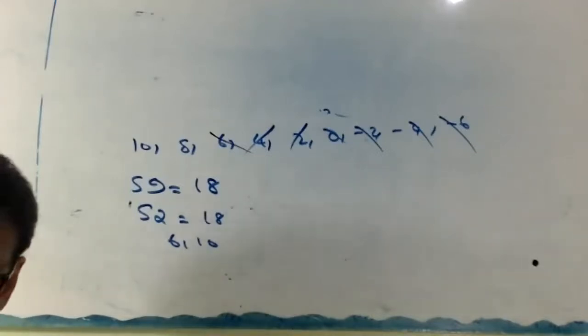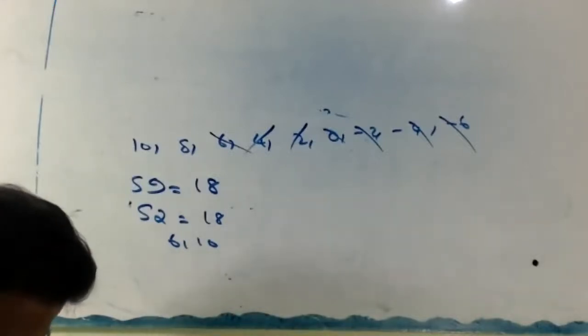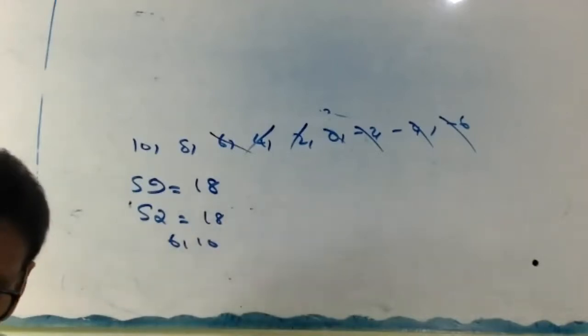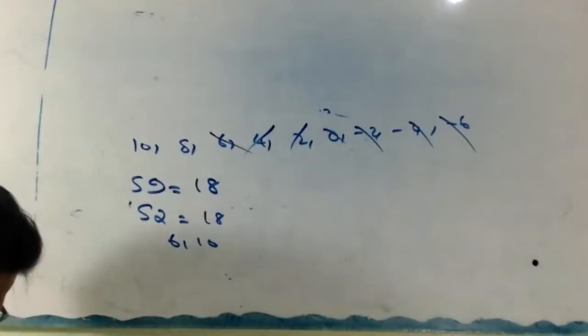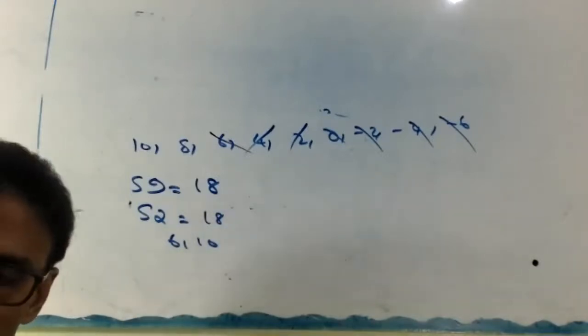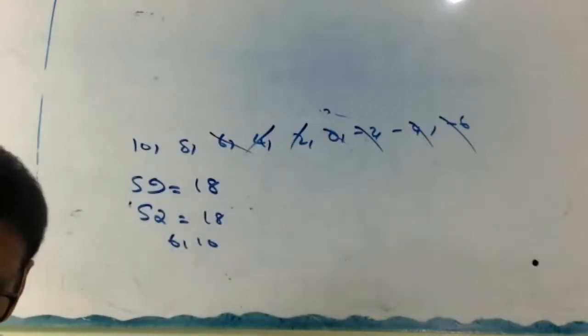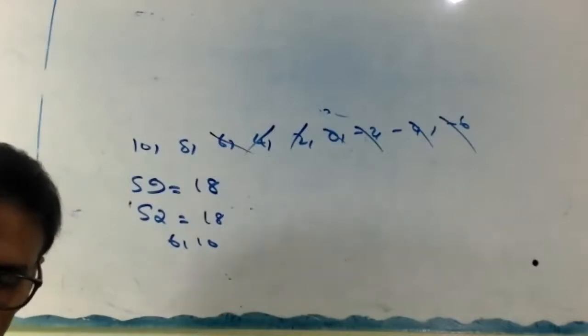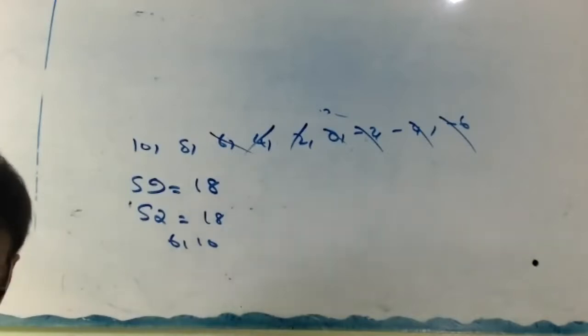Okay, right. A thief runs away from a police station with a uniform speed of... This is a decent thief, that's why he keeps the uniform speed. With a uniform speed of 100 meter per minute. A thief runs away from a police station with a uniform speed of 100 meter per minute.